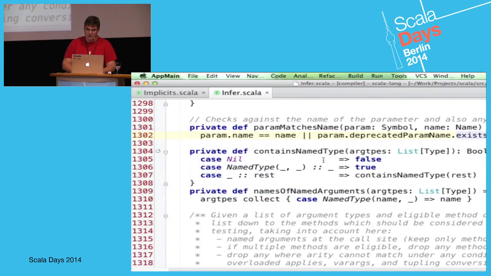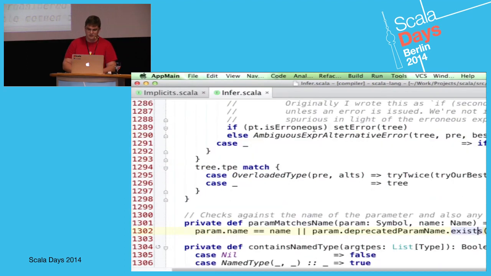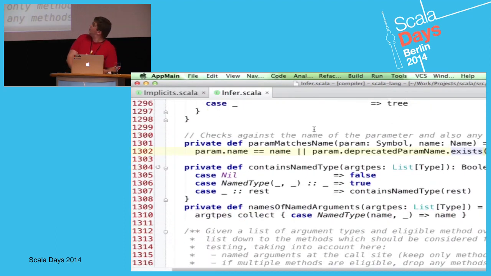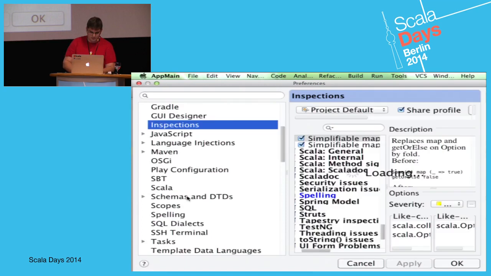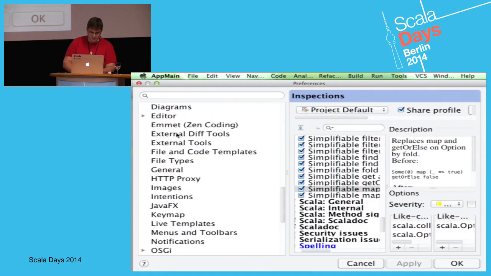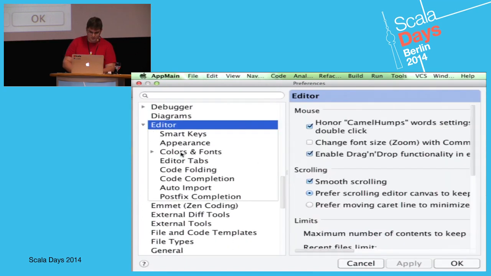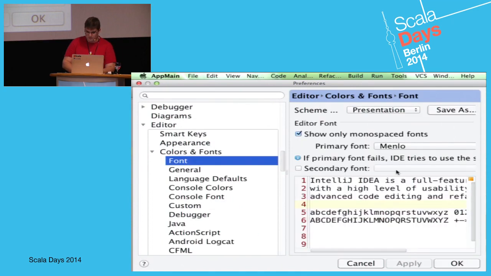So here you can see the Scala compiler sources. It's a bit bigger than I thought. Okay, I'll make it smaller a bit.